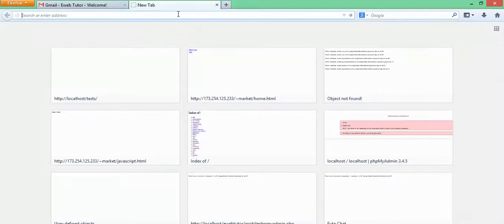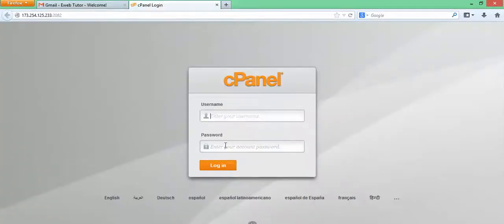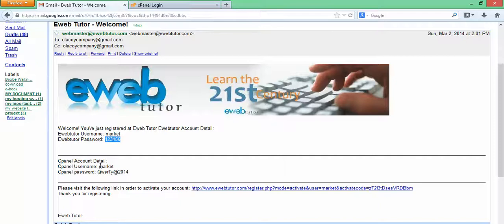Let's open another web browser. Let's paste it. So now this is asking for a username and password. The username and password that we are going to give here right now is the username and password of your server. Our username now, my username is markets